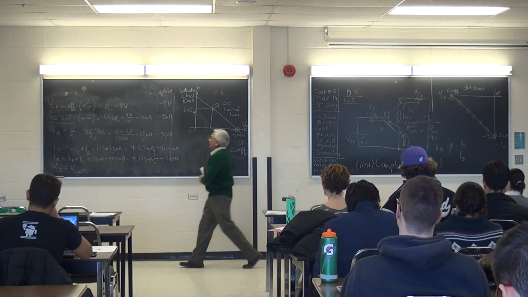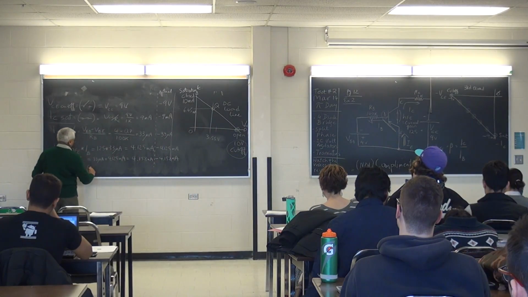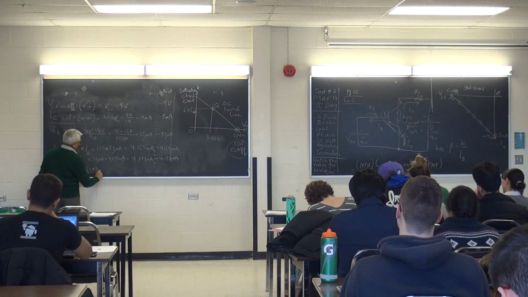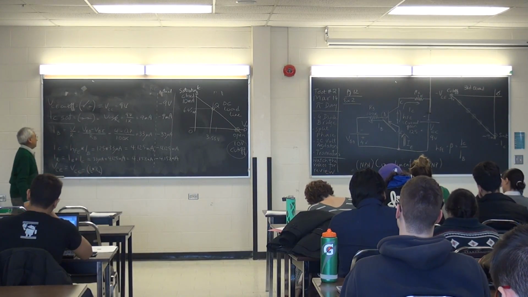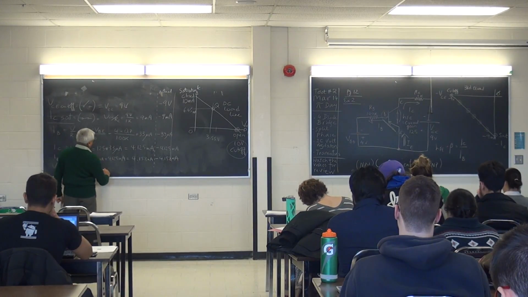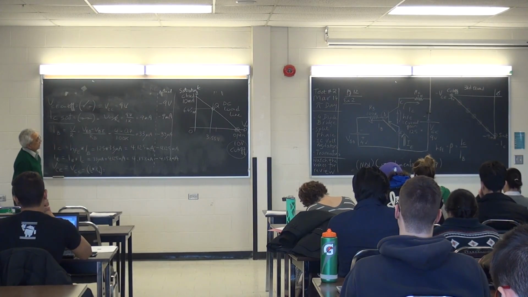So it's VCC minus the voltage drop at the resistor, which is I times R. So IC times RC. That's VCE. So that's going to be 9 volts